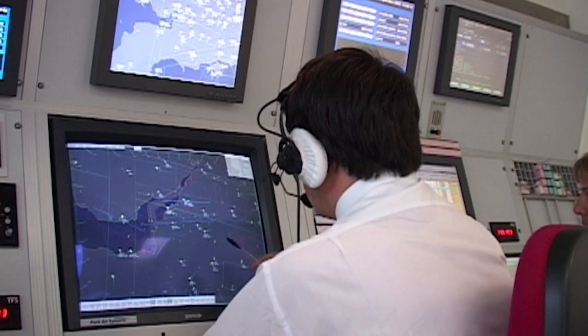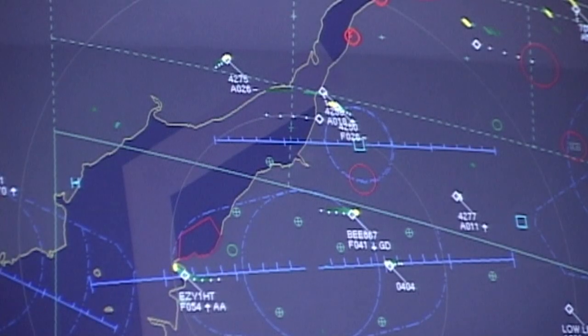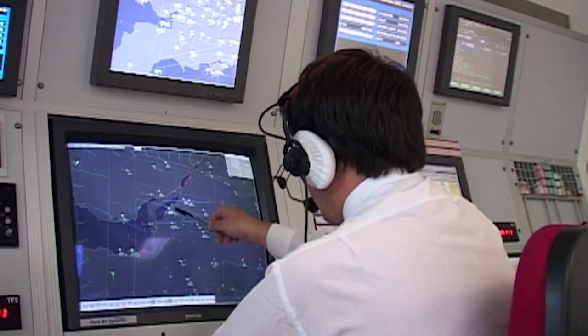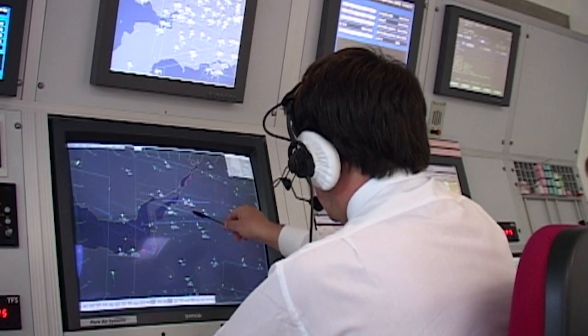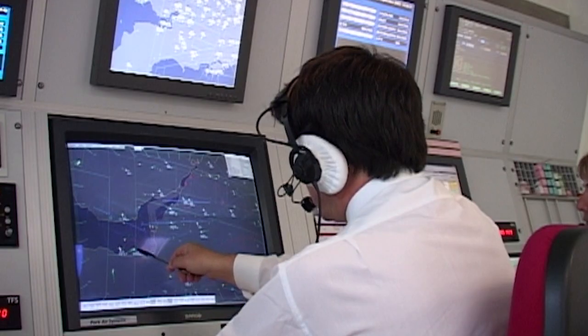So what I'm doing now is I've got a Navy Sea King from Yeovilton making the first one for the approach here. Navy Victor Oscar, turn left, heading 300, report established. Second one is the Jersey European flight from the Isle of Man here between Portishead and Clevedon going downwind to position behind him. And just about to call me is an EasyJet flight from Palma, just leaving the controlled airspace